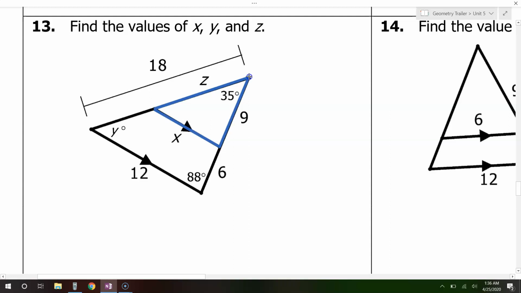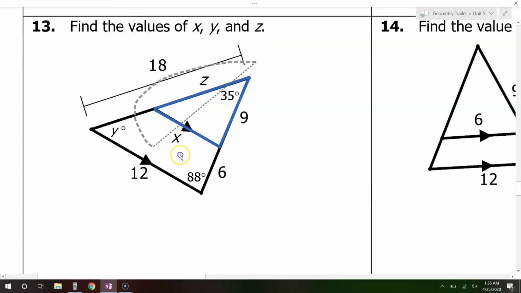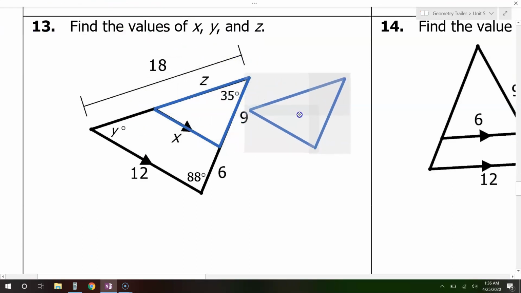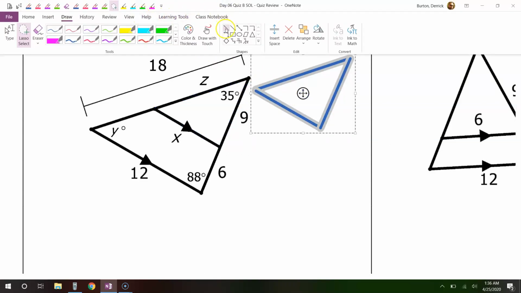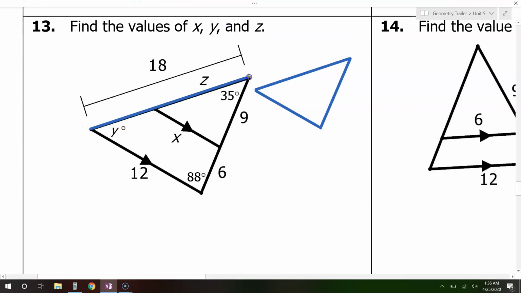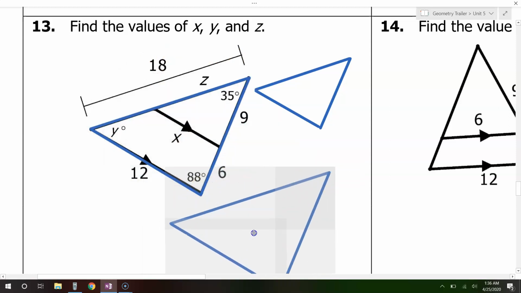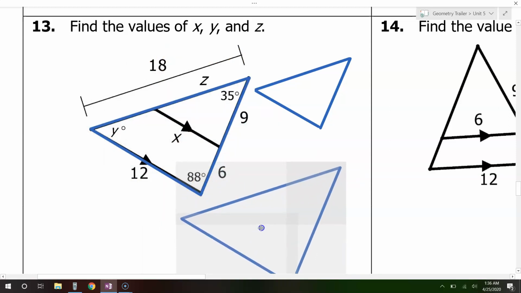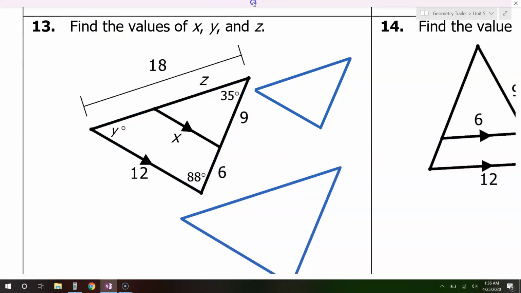So here is the smaller triangle that I have now copied. I'm going to put this over here. And now I'm going to trace the large triangle. Okay, and I'll put that right here. Okay, let's label these triangles